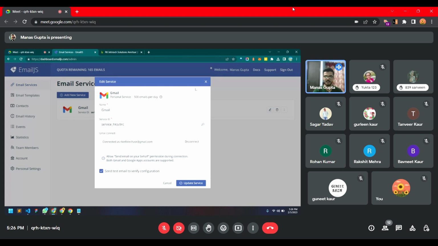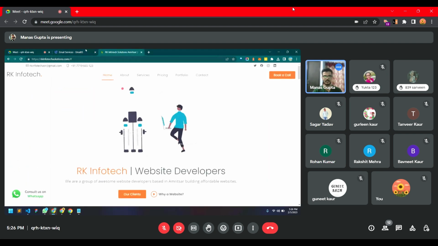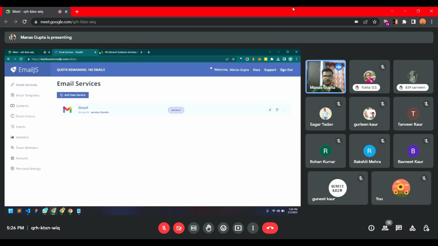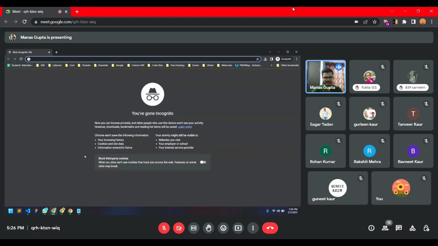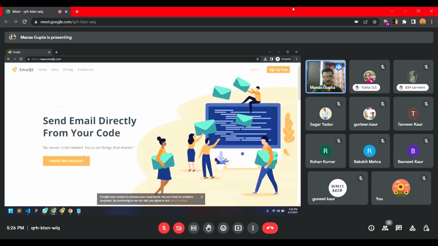अब क्या है कि मैंने अभी तक आपको दिखाया कि ये कैसे वर्क कर रहा है. Now let's build one. ठीक है, तो मैं भी स्क्रैच से बिल्ड करने की कोशिश करता हूँ अब, and I'll show you how quick this is. अभी it's 26, right? By 46 this whole thing will be completed. That's my guarantee. Okay. So what I'll do is I'll open this EmailJS in incognito,